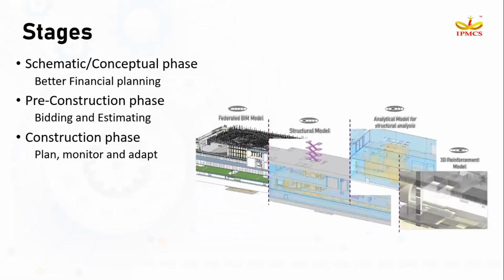Costex is a solution which can be adopted at any stage of the project. Here, I have roughly categorized three stages. First is the schematic or conceptual stage of a project. At this stage, we will be doing financial planning for the project. Financial planning will aid us in deciding whether we are capable of going forward with the project with ample resources, cash flows and funds.